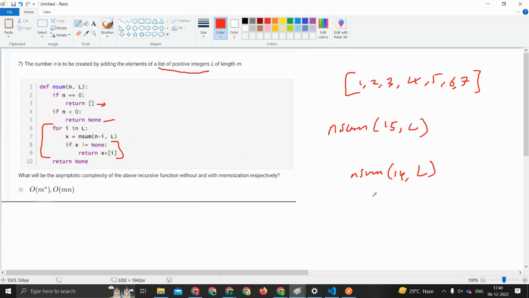So x, we are still going inside of our inner loop. It will go for nsum 13 comma L, then 12 comma L, and so many things it will go, and then finally it will come to nsum equal to 1 comma L. Okay, so if x is not equal to none,